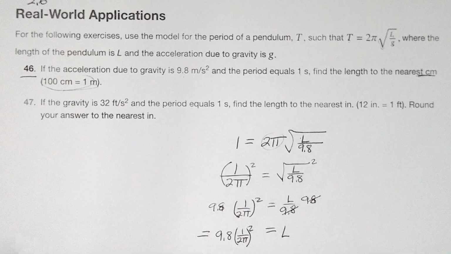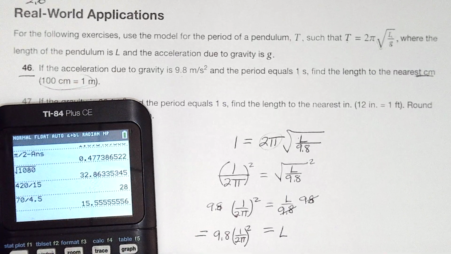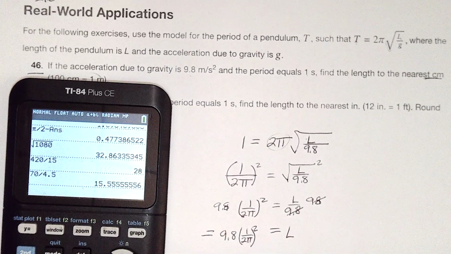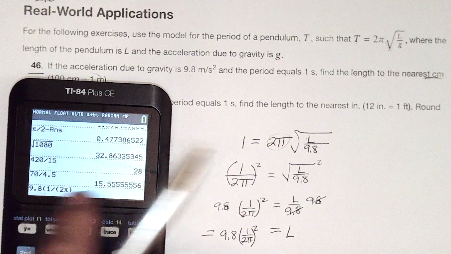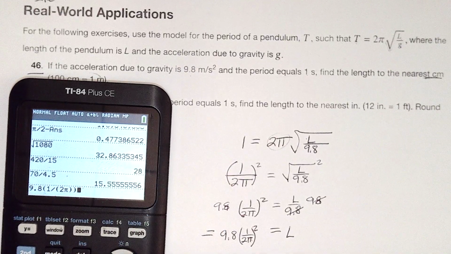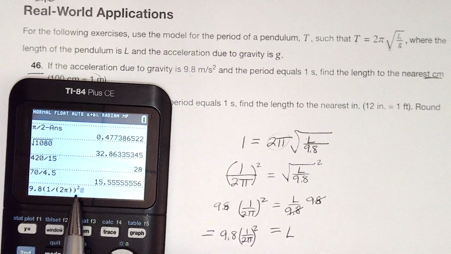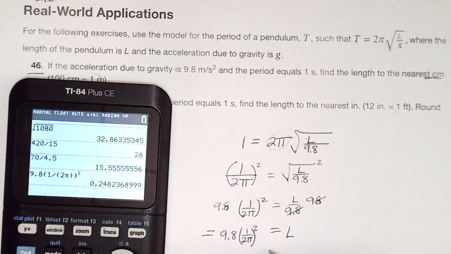And let's see what that works out to be. So pulling out the handy dandy calculator, 9.8 parenthesis 1 divided by, and now I have to tie the 2 and the pi together, so I got to go parenthesis 2 pi, close parentheses for that. Now close the parenthesis for the one over and square everything in the parentheses, and that should be L. And it turns out to be 0.24,